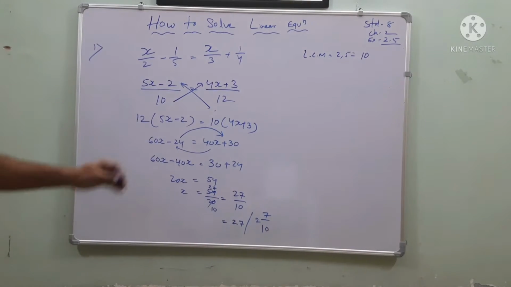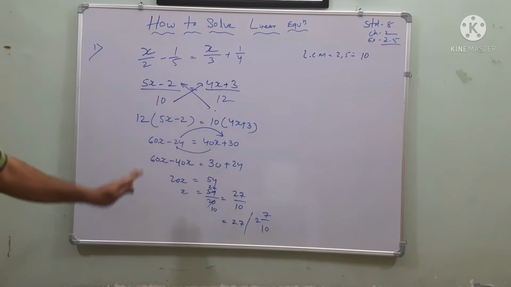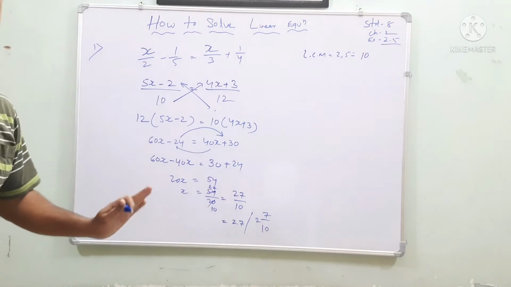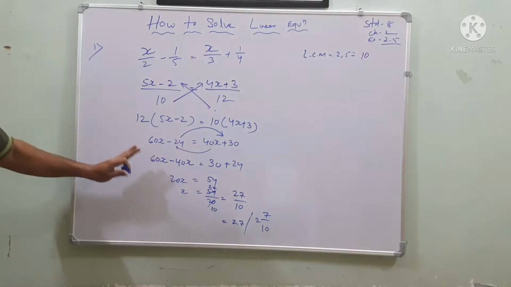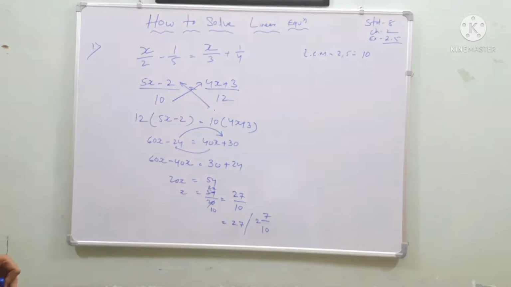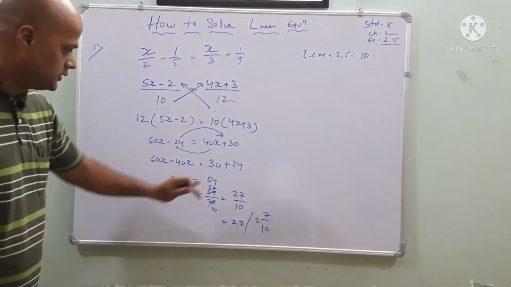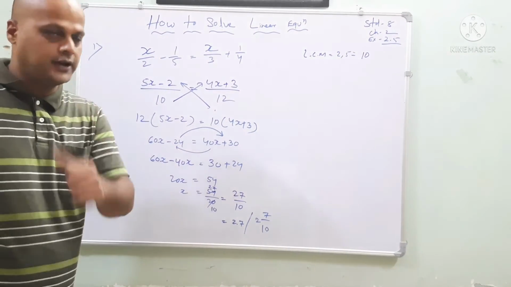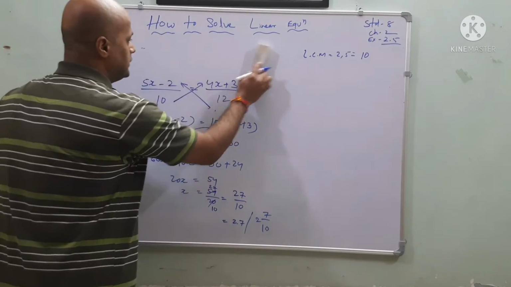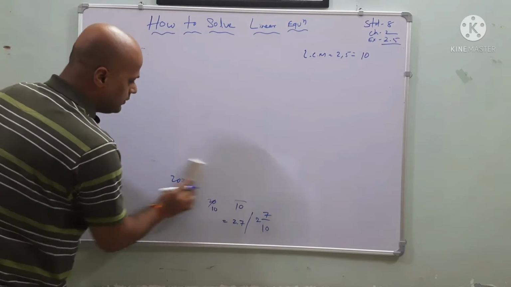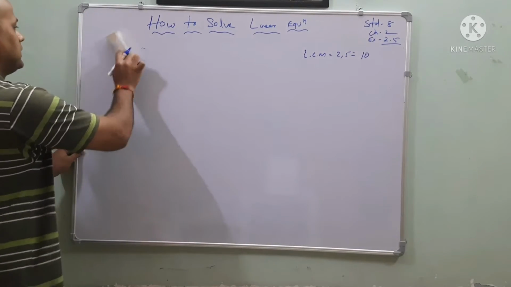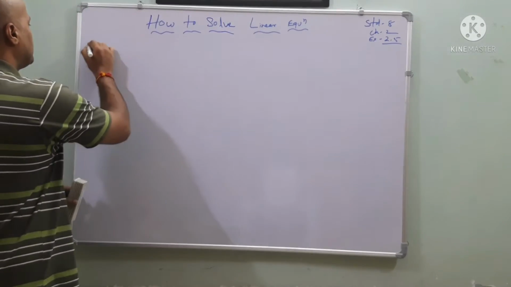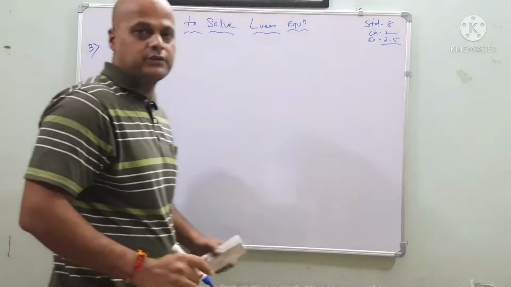Okay, my dear friends. So this is the first process of how to solve an equation if the equation is already given. This is the process you have to do one by one. Understood? Shall we go for the second one? Okay, very good. Some of the questions I will leave for you so that you can practice. I will leave the second one for you.